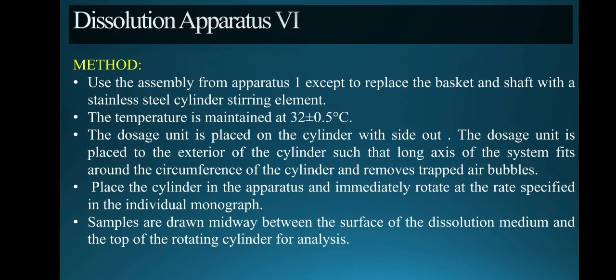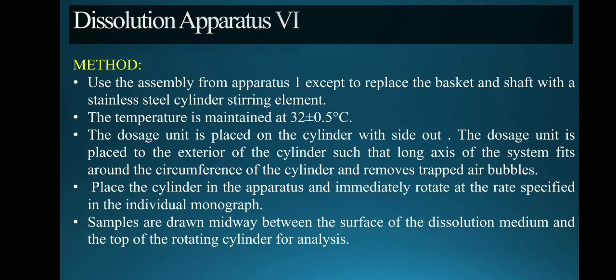The method includes the replacement of a basket with the cylinder stirring element. The temperature is maintained at 32 plus or minus 0.5 degrees Celsius as discussed earlier. The dosage unit is placed on the cylinder. The dosage unit is placed to the exterior of the cylinder, and